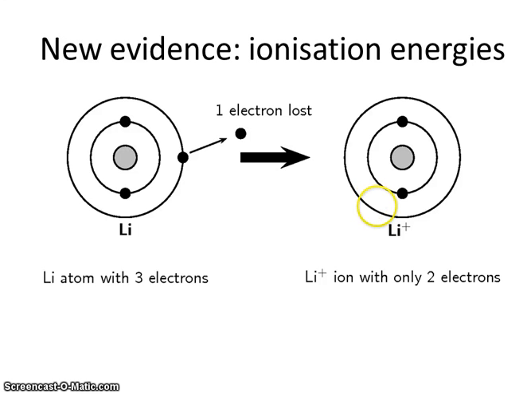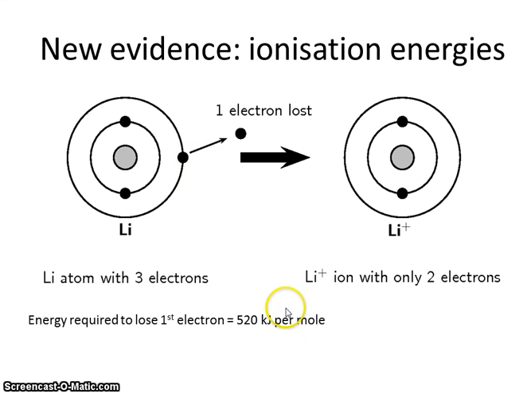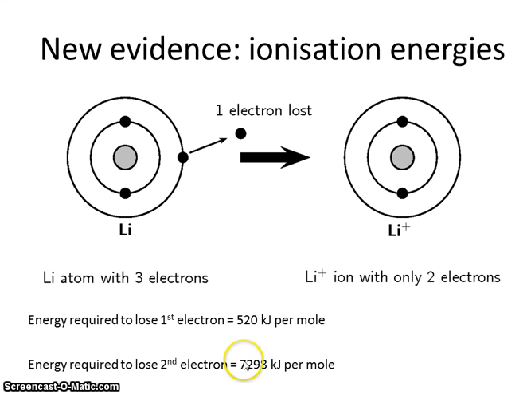This time, rather than actually using electrons and hopefully getting them to emit energy, scientists tried providing energy to atoms, and when you do that, you can actually kick electrons out of atoms completely in a process known as ionisation. Well, here it is happening for a lithium atom, and if you try and kick an electron out of a lithium atom, you find it takes about 520 kilojoules to remove what we call a mole of electrons. However, if you try and kick out a second electron, it takes much, much more energy, over 7,000 kilojoules of